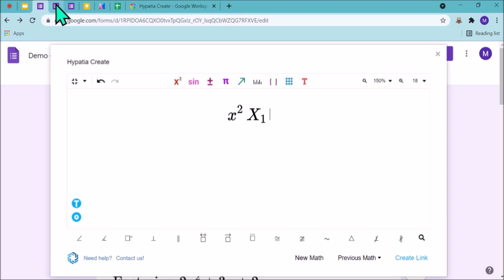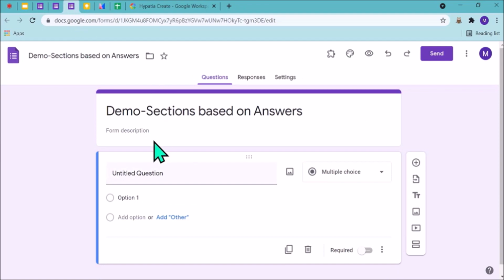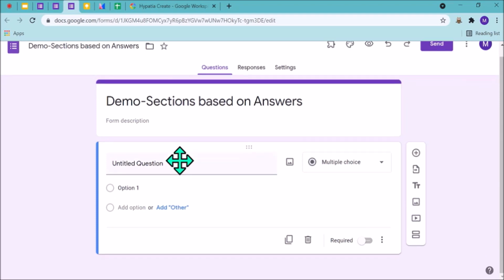Shall we move to the another section based? Yes, ma'am. Section based, I am just taking a simple demo. Suppose we are 10-15 families and we want to go for a trip, and we have no time to call each and everyone and take so much opinion from everyone. We are just creating a form where you want to go and how, and some more questions. Suppose I want to ask, where you wish to visit.